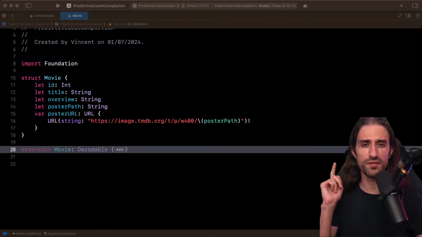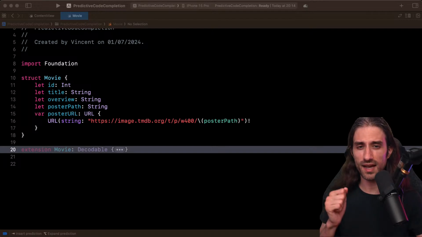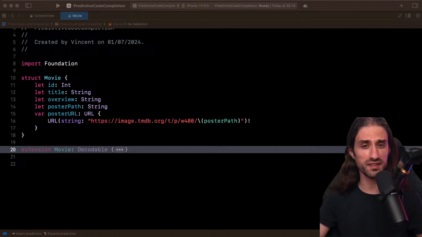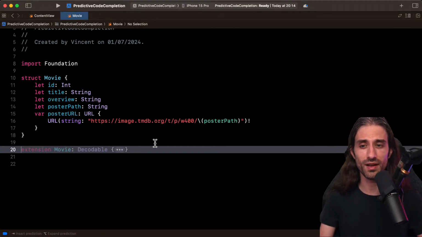By the way, I realized there is one thing I wanted to say during the intro which I forgot. You might remember that two features about generating code were announced at WWDC. There was what I'm showing you, predictive code completion, which is the Copilot equivalent, but there was also Swift Assist, which is more the ChatGPT equivalent. The reason why I'm not showing you Swift Assist is because it's actually not available yet. If you look at the release notes, it says it will be available later this year. So that's why I'm not showing you Swift Assist, which arguably is even more exciting than predictive code completion.